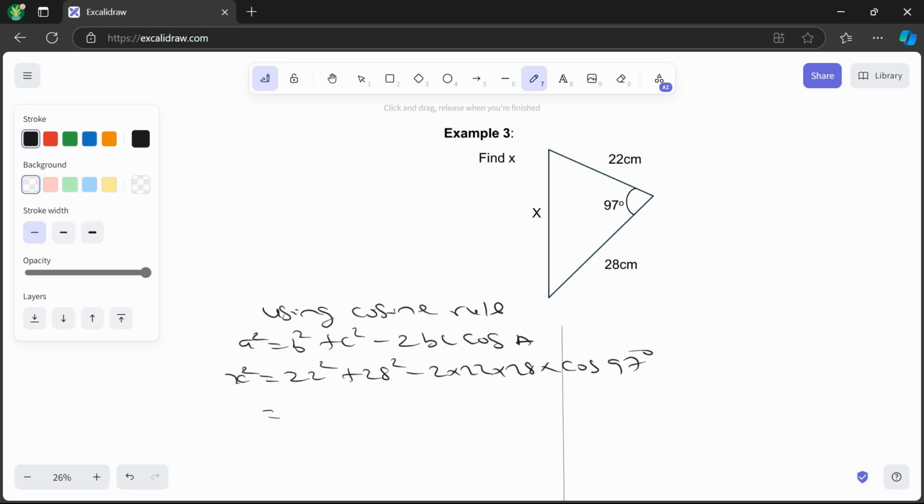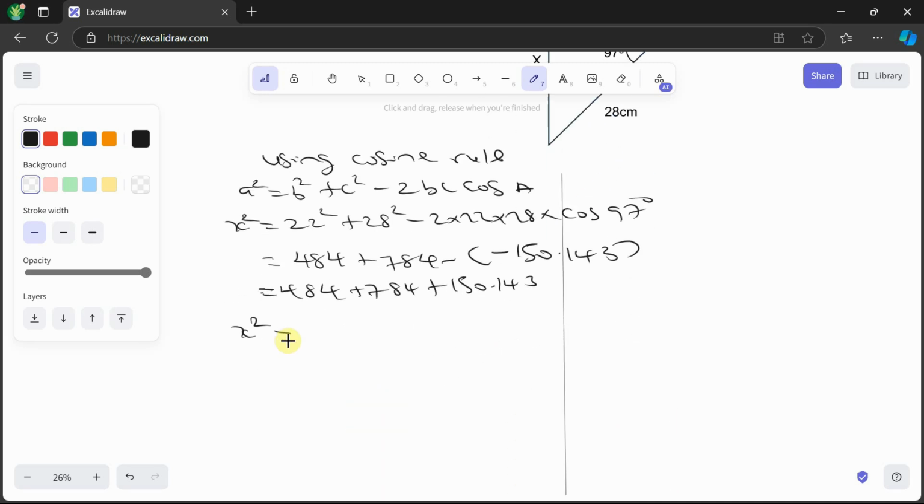So 22 squared would give me 484, plus 28 squared would give me 784, minus, I'll do all of this together. So that will be 2 times 22 times 28 times cos 97 degrees. That will give you minus 150.143. Okay, let me just simplify first. So that will be 484 plus 784, minus as minus is plus, so plus 150.143. That gave me my x squared to be equal to